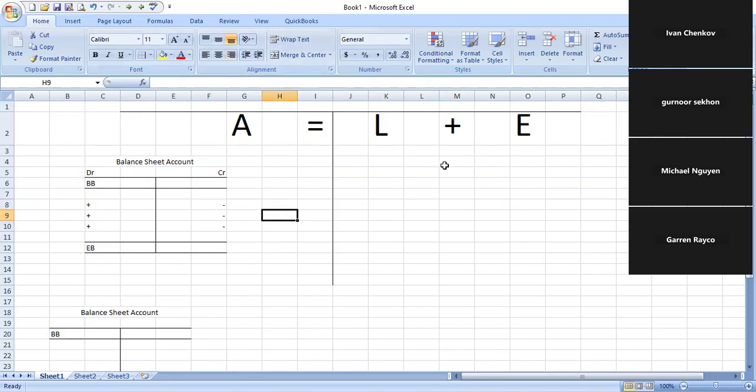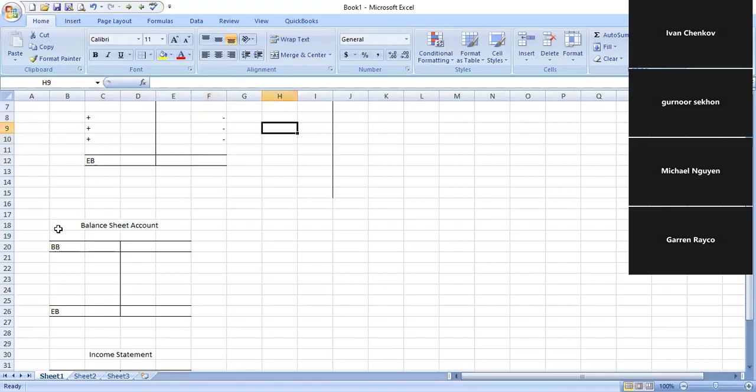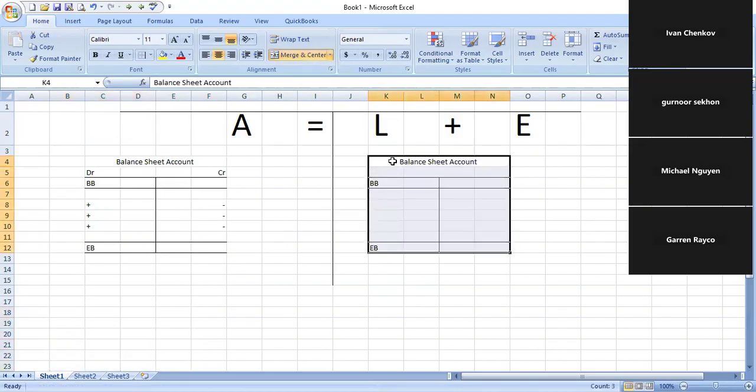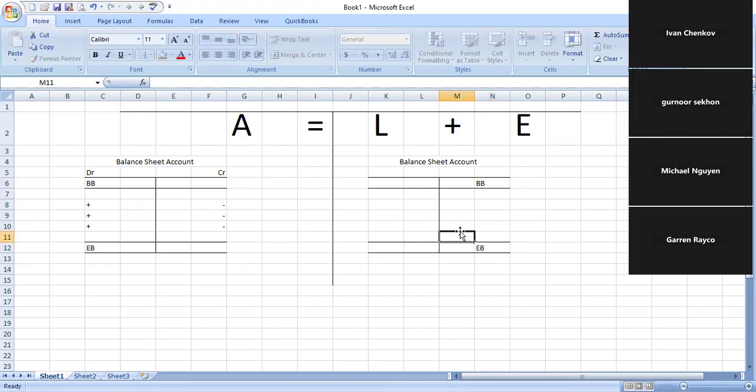Now let's see the liability and equity. Since the liability and equity are on the other side of the T, they're also going to be balance sheet accounts. But the beginning and ending balance is not going to be on the debit side. It's going to be on the credit side. So here we're going to have beginning, and here we're going to have the ending balance. So if we put the debit and credit on the top, and here credit,